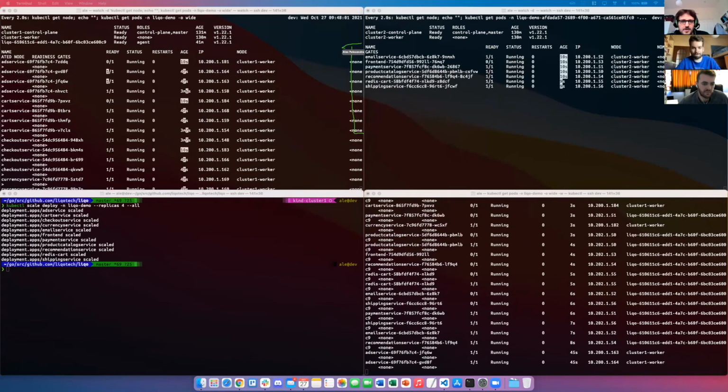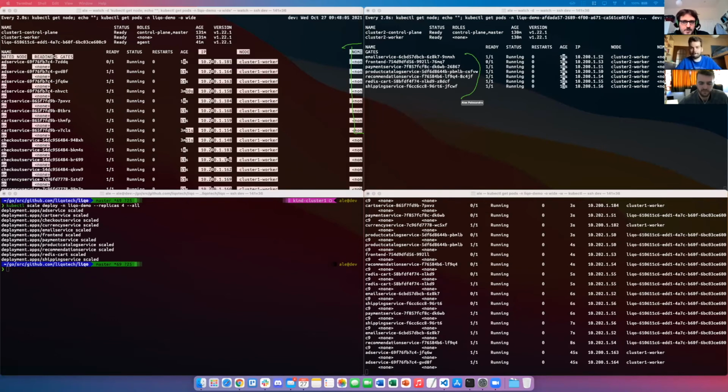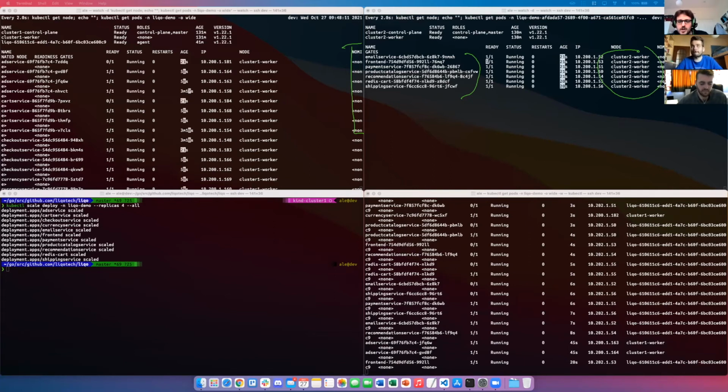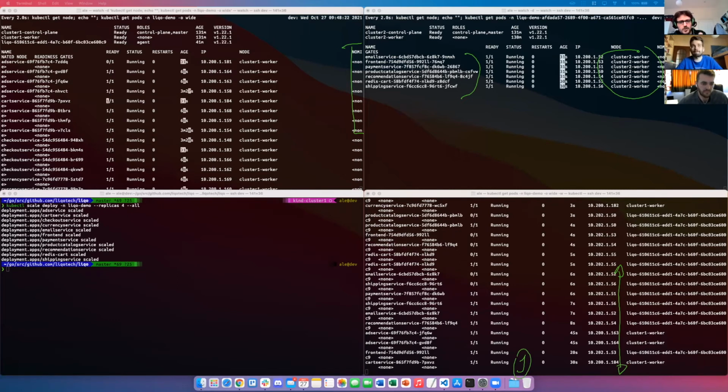Here we have new pods that are offloaded on the remote cluster. If you look at the nodes where those pods are created for cluster 1, they are remotely scheduled. So we fill all the local resources as much as we can, and then we go on to the other cluster. We offloaded pods on the remote cluster.